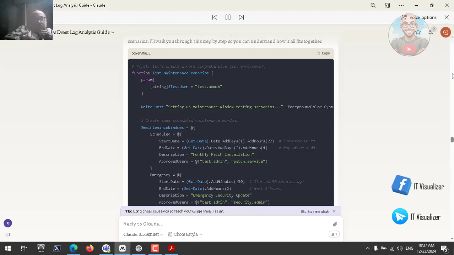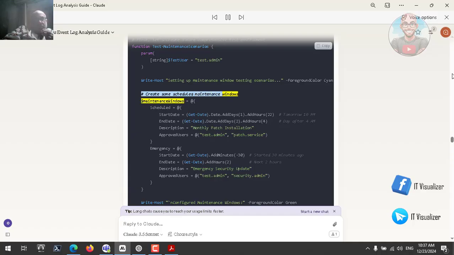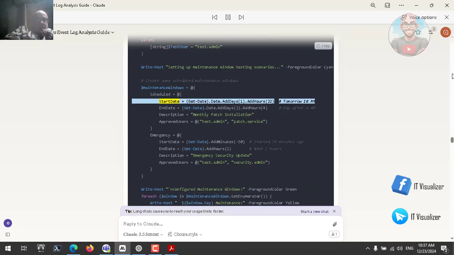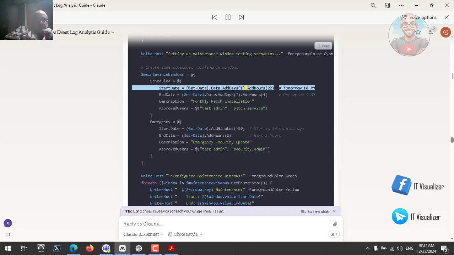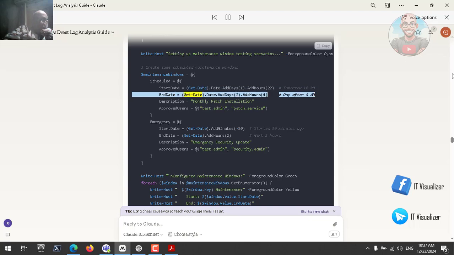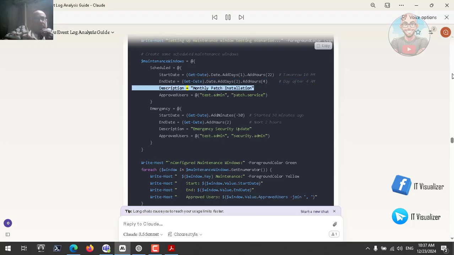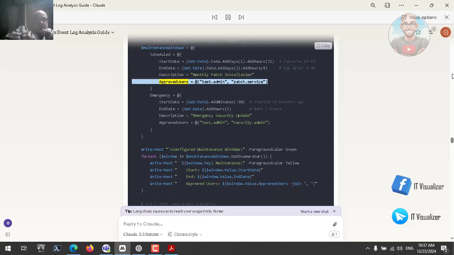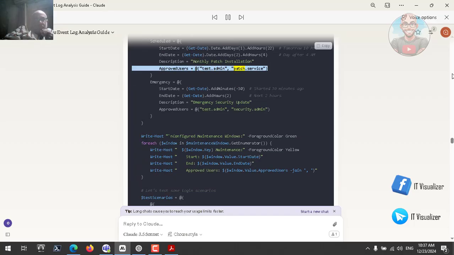PowerShell. # First, let's create a more comprehensive test environment. function Test-MaintenanceScenarios { param() [string]$testUser = "test.admin"; Write-Host "Setting up maintenance window testing scenarios" -ForegroundColor Cyan. # Create some scheduled maintenance windows. $maintenanceWindows = @{ Scheduled = @{ StartDate = (Get-Date).AddDays(1).AddHours(22) # Tomorrow 10 PM; EndDate = (Get-Date).AddDays(2).AddHours(4) # Day after 4 AM; Description = "Monthly patch installation"; ApprovedUsers = @("test.admin",